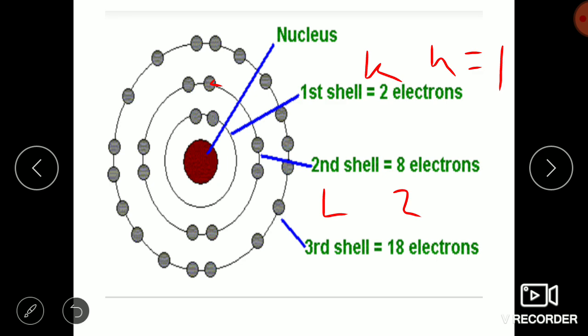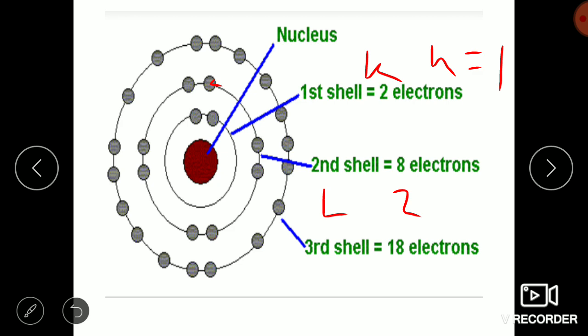After the nucleus, the first shell has n value equal to 1. This is called the K shell. The second shell, n value is equal to 2, L shell, and so on. Okay, and one thing you remember: the more the distance of the orbit from the nucleus, the more is the n value and the energy. That means if you are considering K and L shell, which one is farther from the nucleus? In case of L shell, the distance is more. So the L shell, or L orbit, will possess more energy than your K orbit or K shell. Okay, so this way you have to remember.